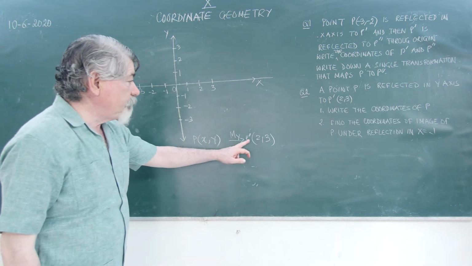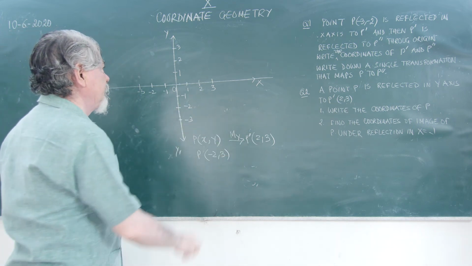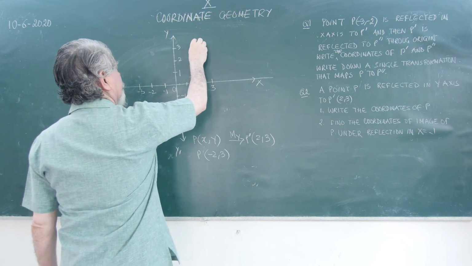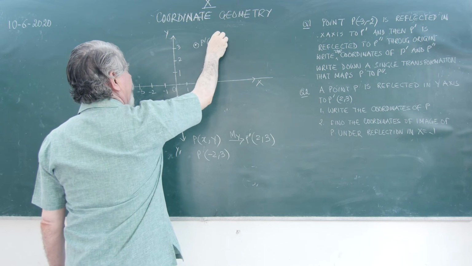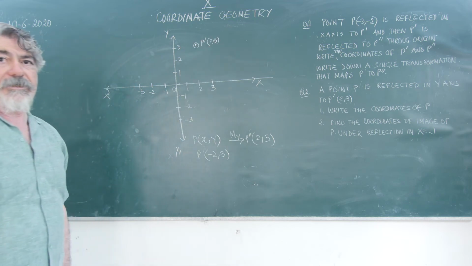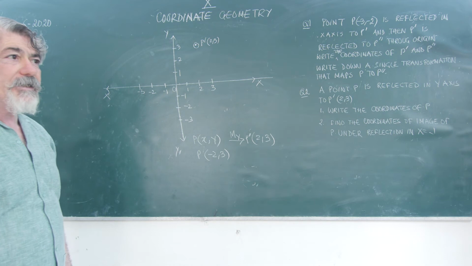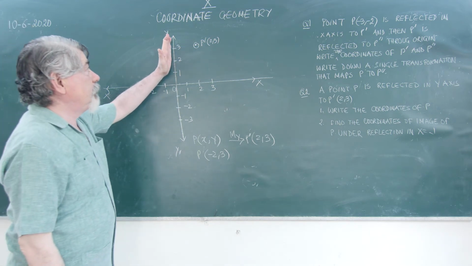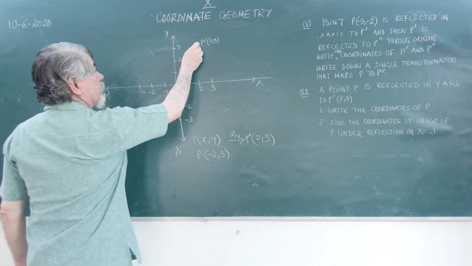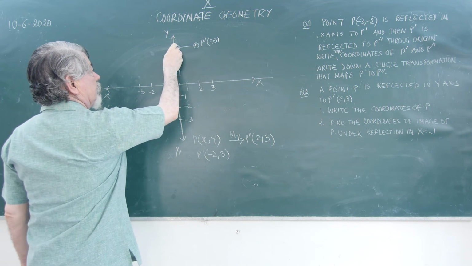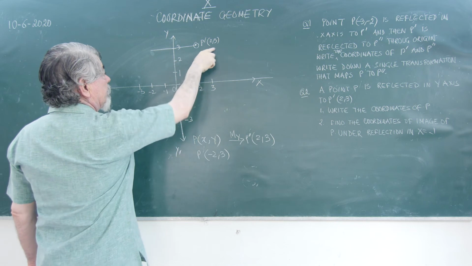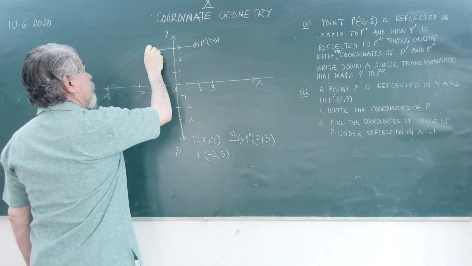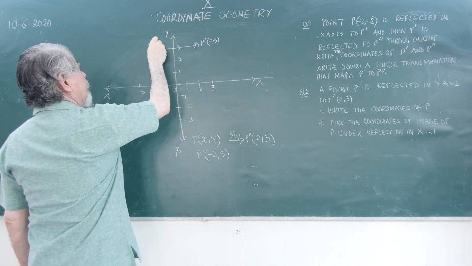Now there is a point P dash. He has given P dash (2, 3). So (2, 3) is a point here. He said this point has been reflected in y-axis. This being reflected in y-axis means that it has come through this. So the distance from here to here should be the same here. And if you see the distance, it is (2, 3), then it will be (-2, 3). P will be (-2, 3).